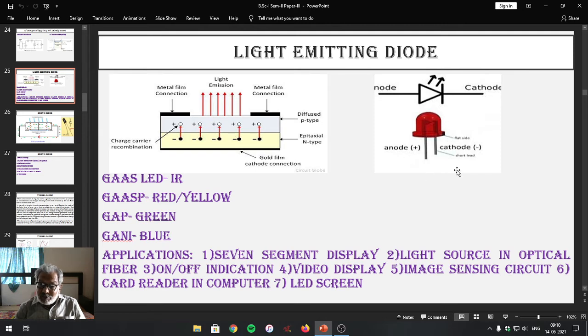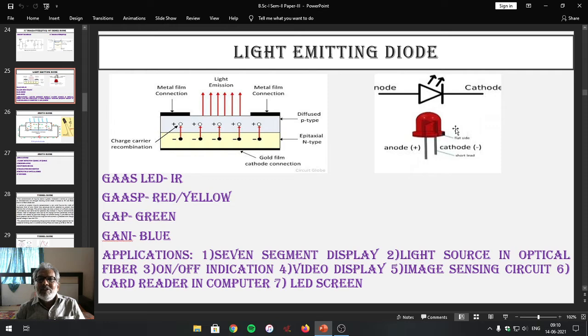Now such diodes are available in your remote control that you are using to turn on and turn off the television system. These are available as a battery element, going to act as a torch. These are used nowadays in the form of LED lamps. These are used for decorative purposes.